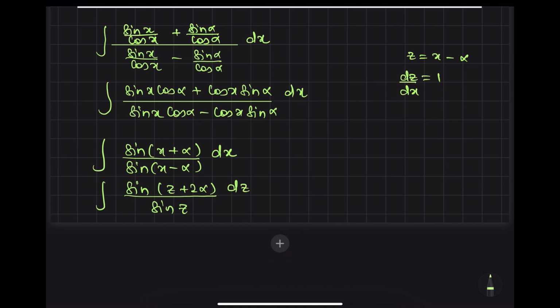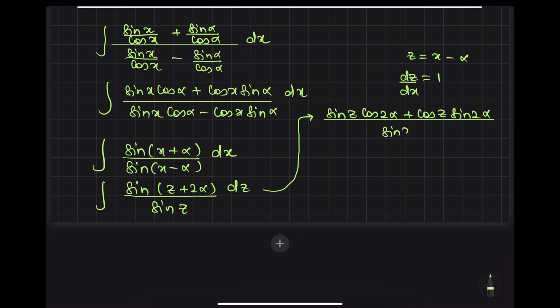Now the idea is just to open the numerator and you will get your things done. So can I apply the sin (a plus b) formula? It is sin a cos b plus cos a sin b, right, upon